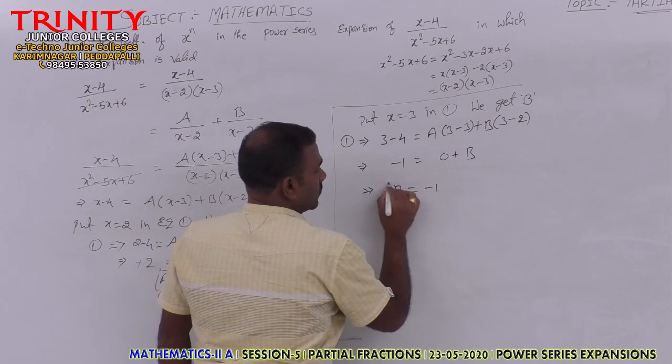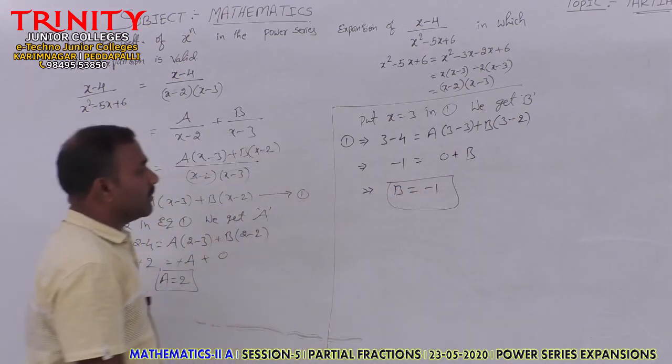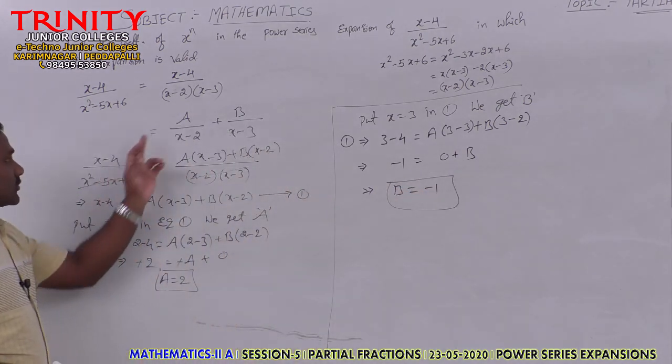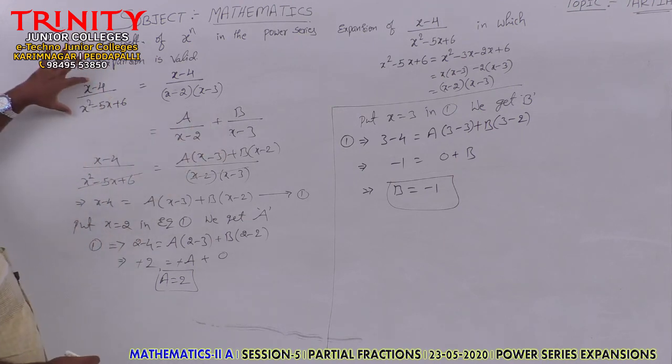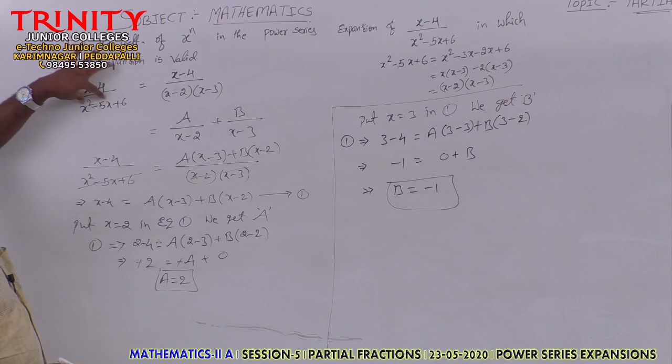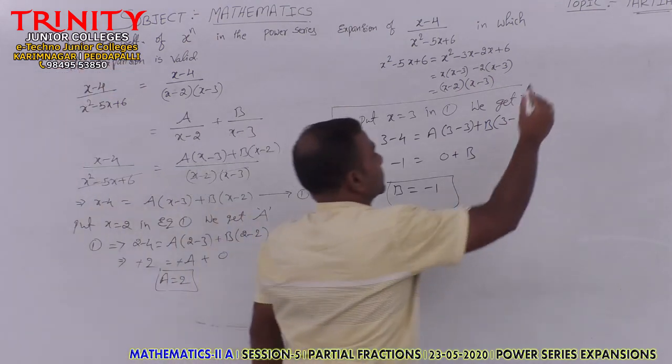Therefore, b is equal to minus 1. Therefore, we got the values of a as well as b. Now, we can write the partial fraction of x minus 4 by x square minus 5x plus 6 as